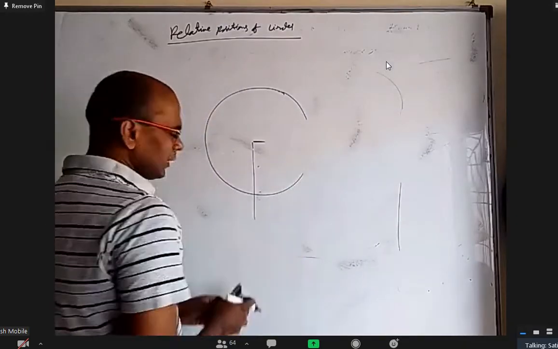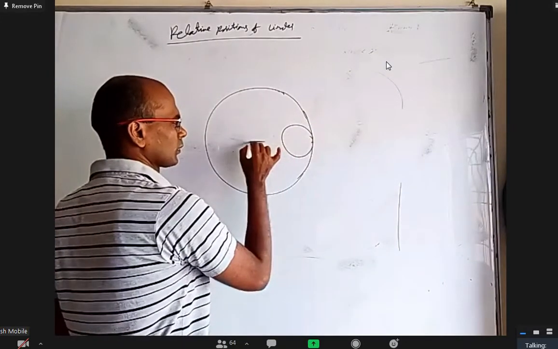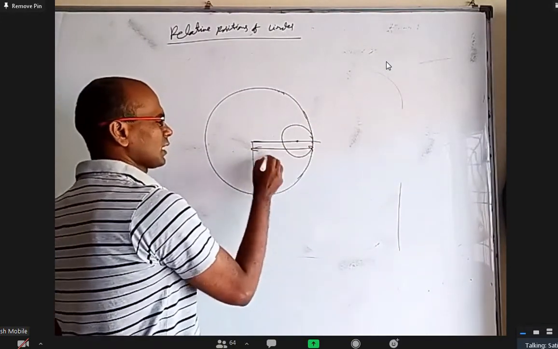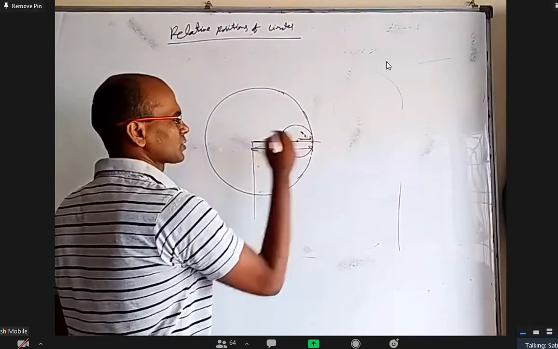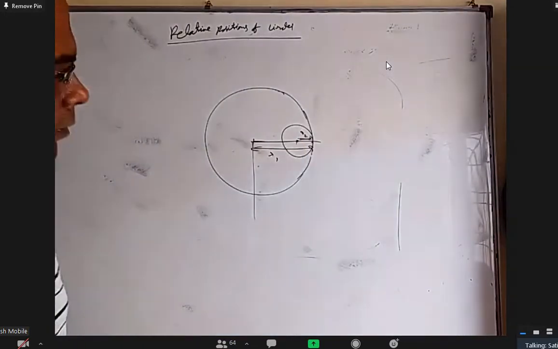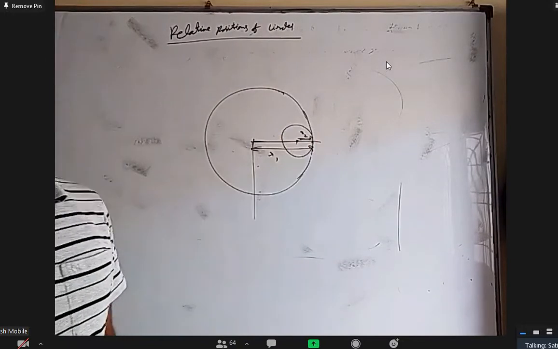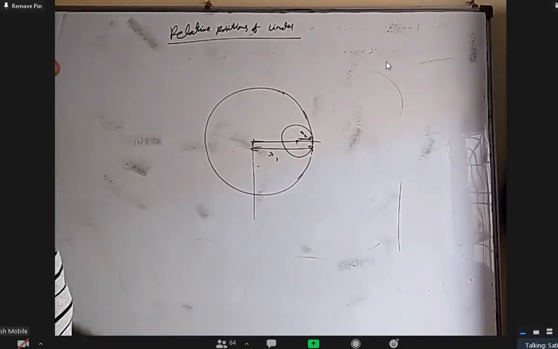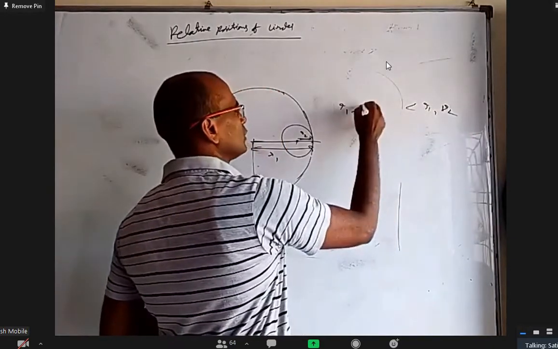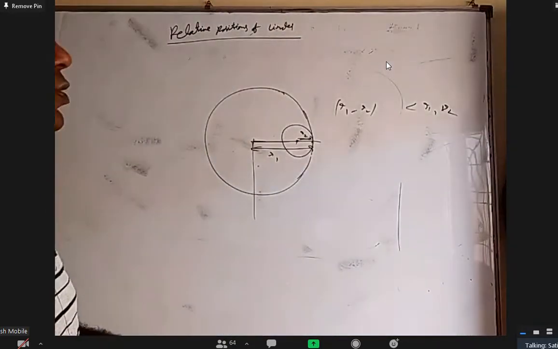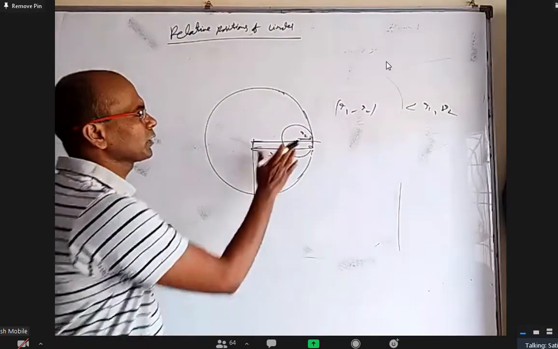Let us say keep it completely inside now. This total is R1 and this is R2. Now what will the distance between the centers be? R1 minus R2. If I move it a little bit out, my distance will be more than R1 minus R2. If you want them to be intersecting, not only should it be less than R1 plus R2, but it should be more than R1 minus R2 also. If it is exactly R1 minus R2, they will be touching internally.